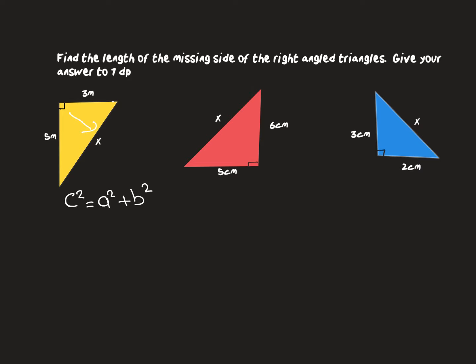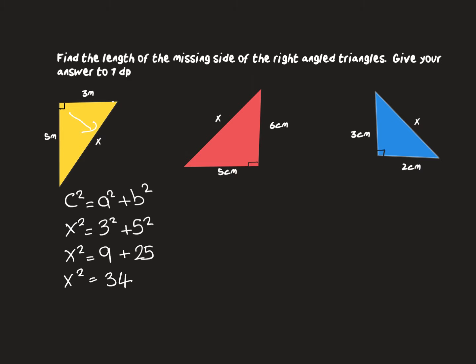So c is the bit that we're missing, and you can keep it as c or you can change it to x because it's the hypotenuse that we're trying to find. So x squared is equal to, and then we'll put in the two shorter sides, so 3 squared plus 5 squared. So work each of those parts out now. 3 squared, 3 times 3 is 9. 5 squared is 5 times 5, which is 25. And then you're going to need to add those together. So x squared is equal to